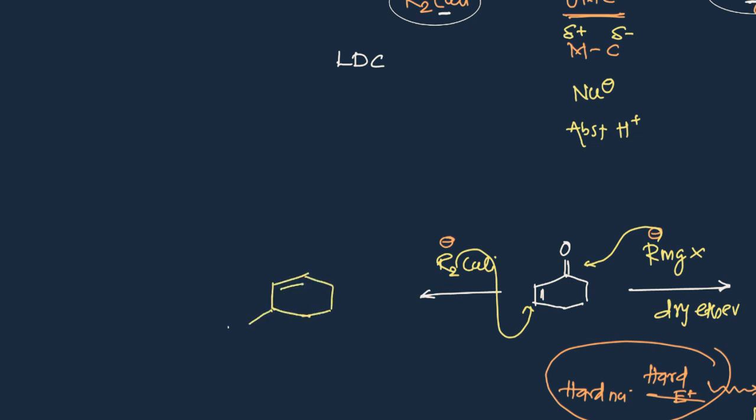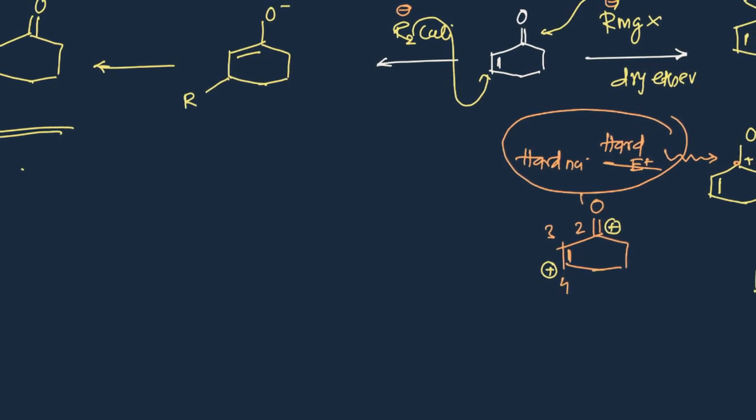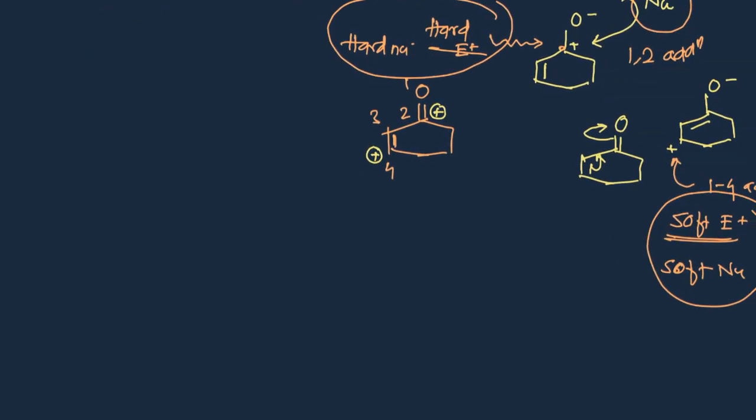Okay, so you will get the product like this one, and after that hydrolysis or acidic workup, you will get the product here now. In this case, the double bond is reduced, and in the case of Grignard reagent, the carbonyl is reduced. So basically this is called an isolated carbonyl group, that is conjugated to isolated one. So this is the first difference between the Gilman and the Grignard reagent.